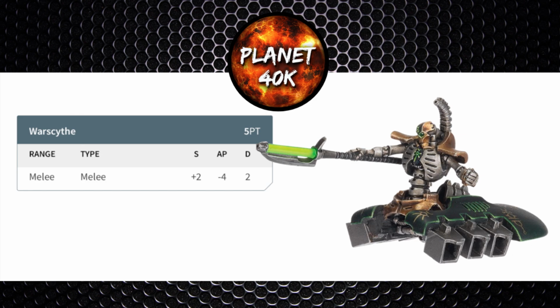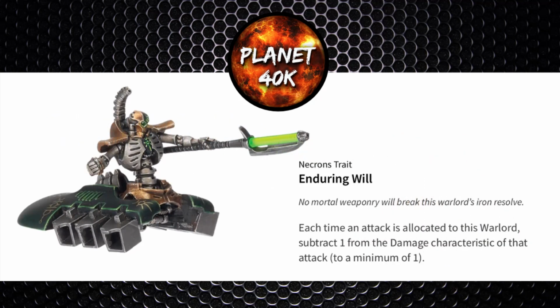So the first one, Enduring Will, is really good as it subtracts 1 damage to a minimum of 1. So if he gets hit with, say, a 3 damage weapon, it will just go down to a 2. Now when you're pairing this with his Living Metal ability and the Phylactery, then the amount of wounds you're regaining